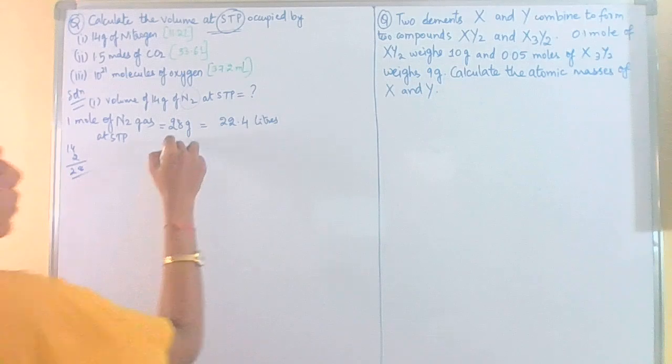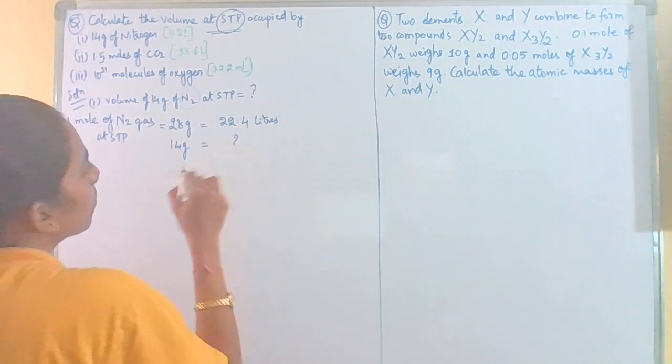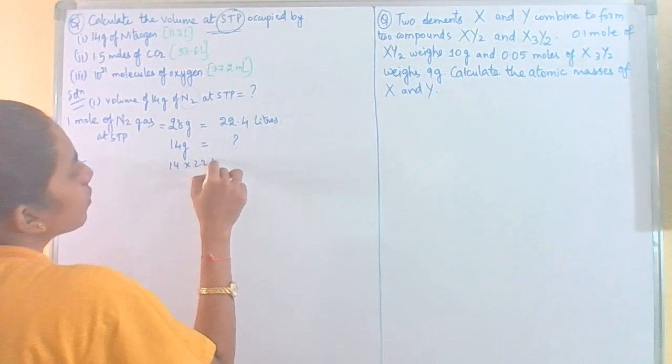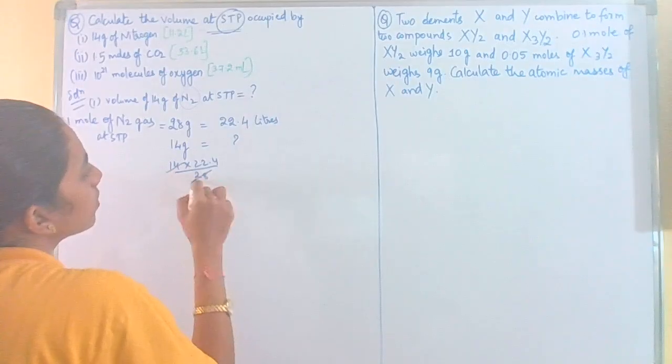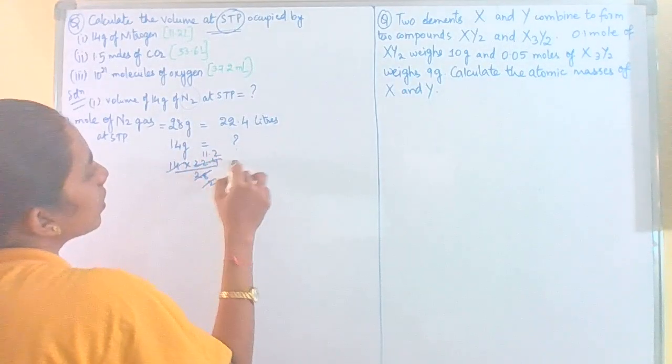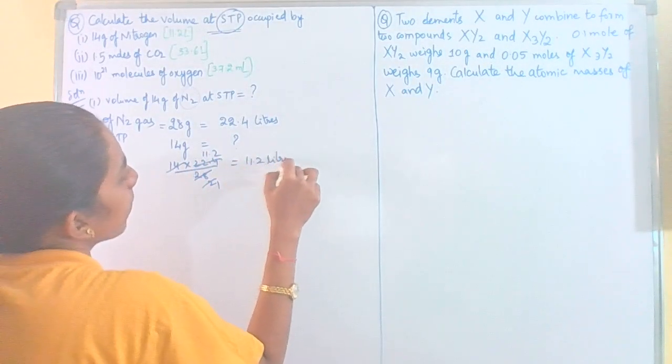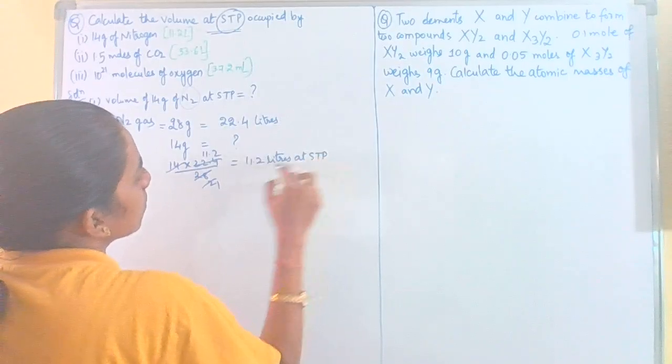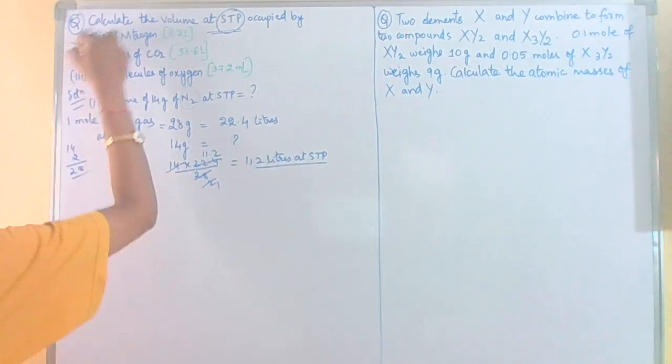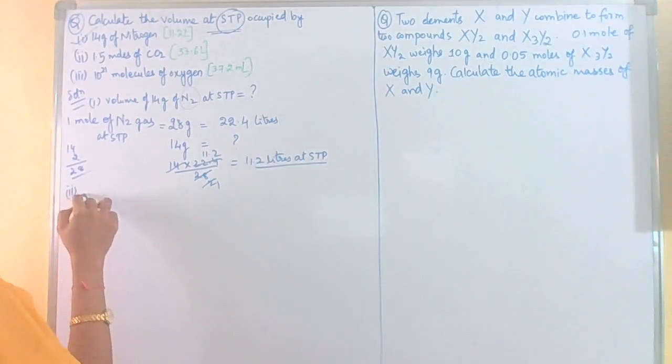So they are asking for 14 grams of nitrogen. What is the volume? 14 into 22.4 by 28, which is equal to 11.2 liters at STP. This is the first one. Now, we have to calculate the volume